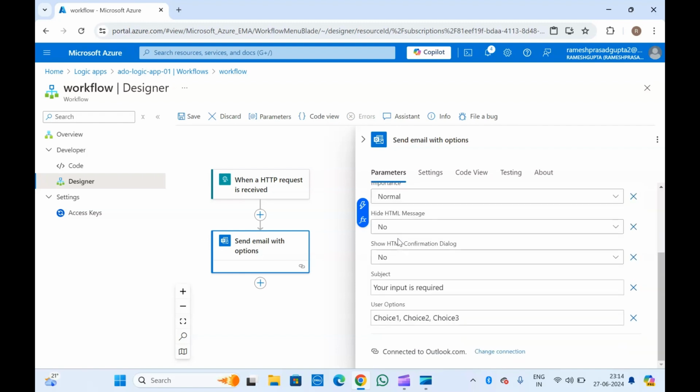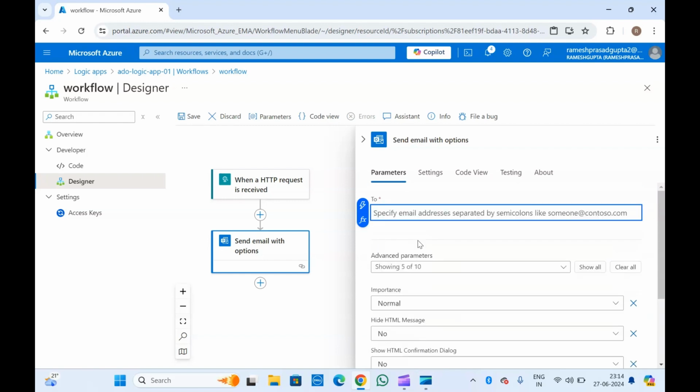So once you are signed in, see one connection is created, connected to outlook.com, and you can specify the two email ID like this,